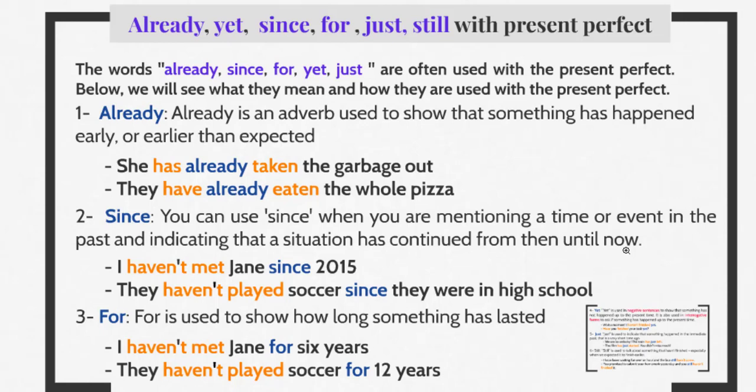Number three, for. For is used to show how long something has lasted. Now, when we use since, we give the starting point of an action or a situation. But when we use for, we give the total amount of time, okay, or the duration spent by an action or in a certain situation. For example, I haven't met Jane for 6 years. When I say I haven't met Jane for 6 years, here is the amount of time I haven't seen her,